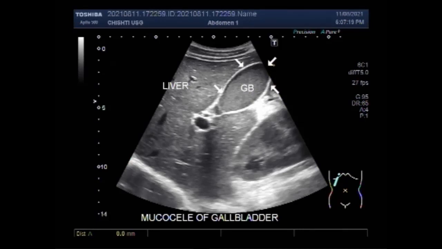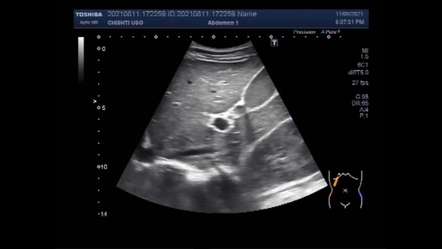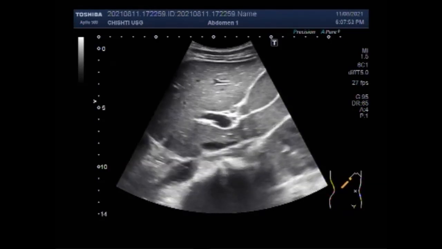You can see the gallbladder is distended and a large amount of debris, thick sludge has filled the whole length of the gallbladder. A grossly distended, thin-walled gallbladder measuring more than 5 cm across anteroposteriorly, an impacted stone in the infundibulum or neck of the gallbladder or in the cystic duct, and clear fluid content indicates a possible mucocele.